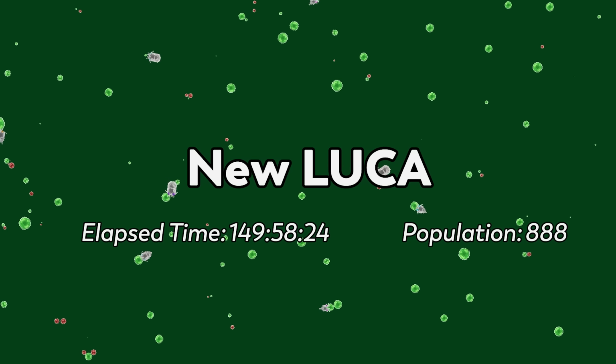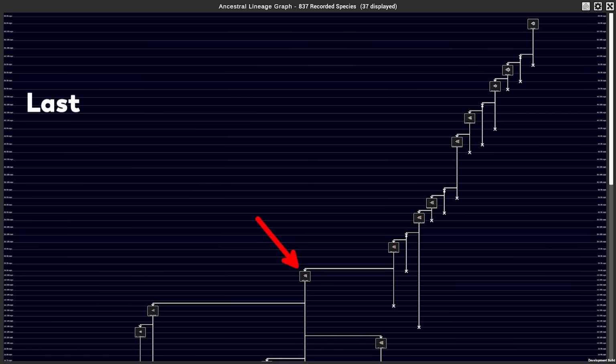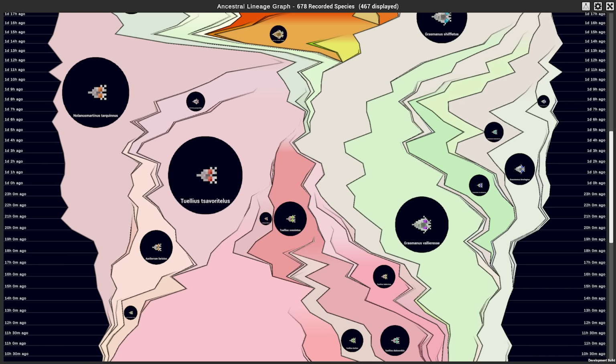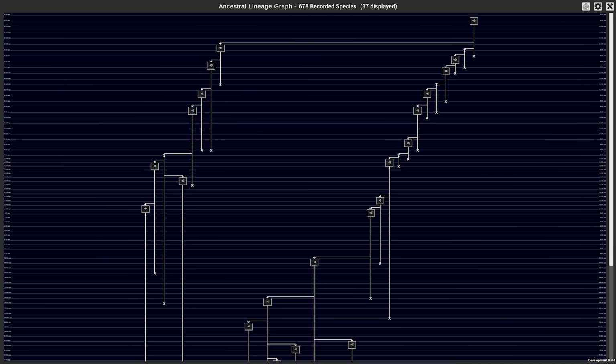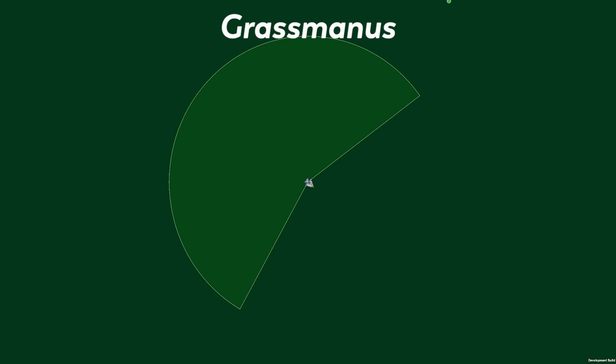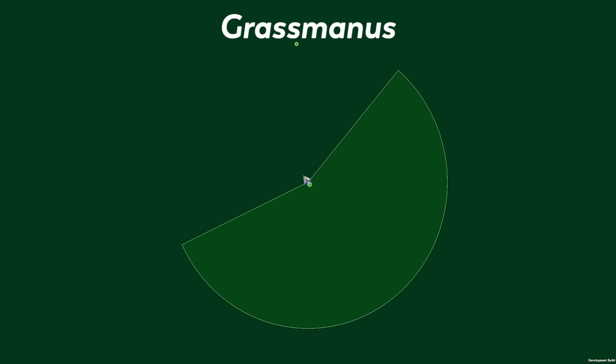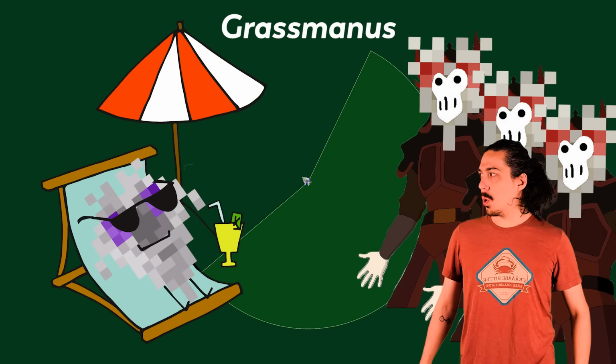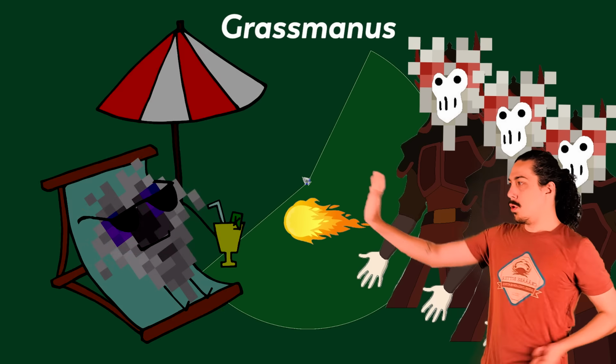We are now reaching 150 hours, and a new species has become the new last universal common ancestor, often called Luca. Right beforehand, we had two main lineages, both having the initial basic Bibit as their last common ancestor, which is pretty crazy when you think about it. While all the drama we covered so far was unfolding, the Grassmanus lineages had been residing comfortably and straight up chilling in these sparser zones for more than 120 hours, until the Fire Nation attacked.